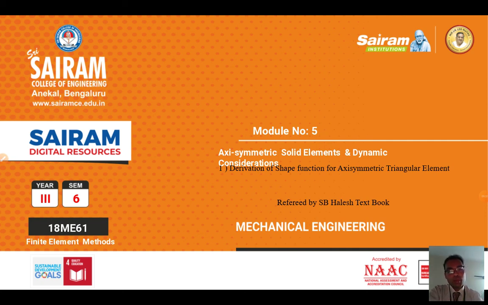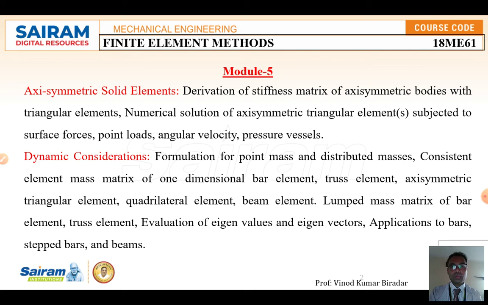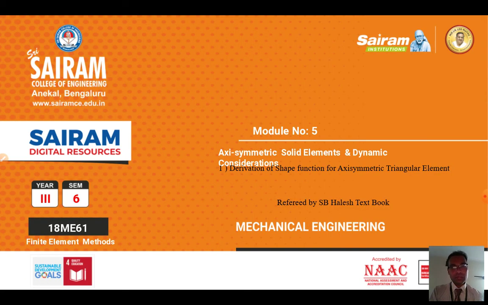Okay, so here in this problem you have to remember three formulas, that is area is equal to 1 1 1, r1 r2 r3, z1 z2 z3, that is the area formula you have to remember, and the shape function n1 n2 n3, that alpha 1 equation you have to remember. Okay, so this is not as important as the element stiffness matrix. Okay, so compared to this derivation, many times they ask to calculate or derive the shape function and element stiffness matrix for the axisymmetric triangular element. Okay, that is most important. Okay, so like this you have to derive this equation. Okay, I hope you understand this. Okay, thank you.